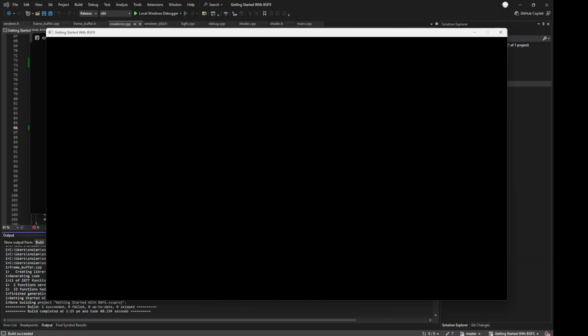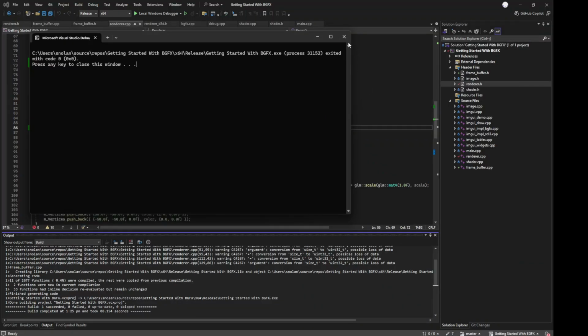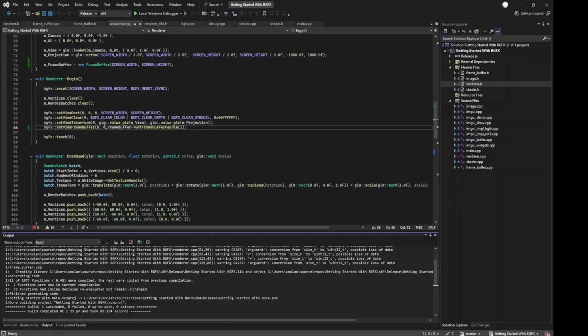And nothing, and we don't see anything anymore. Very good reason for that, and that is because we've told BGFX that we want to render into our frame buffer, but from there what we need to do is we need to use it, and what we can do is just draw this to the screen like any ordinary texture. So to do that, first thing we need to do is we need to create a separate